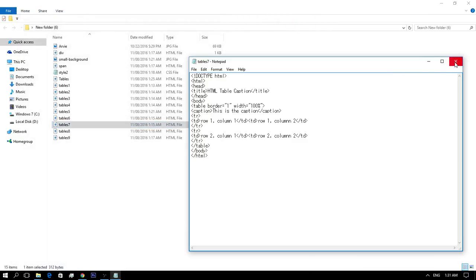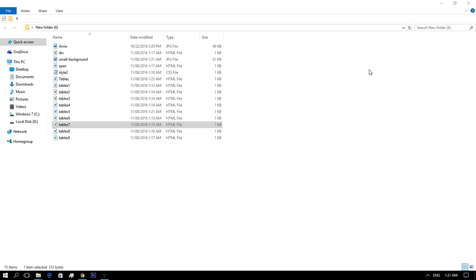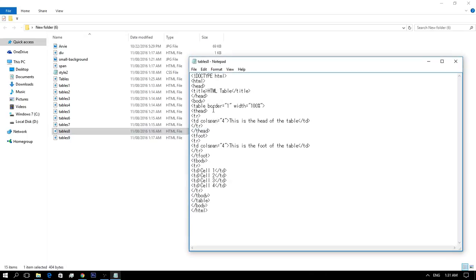Next, we have the table header, body, and footer. So tables can be divided into three portions: a header, a body, and a footer.